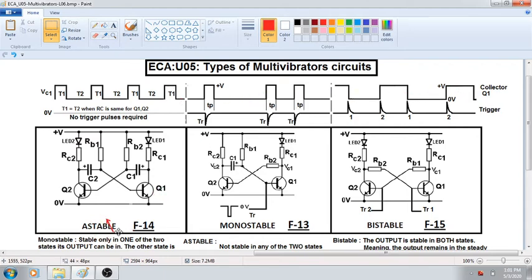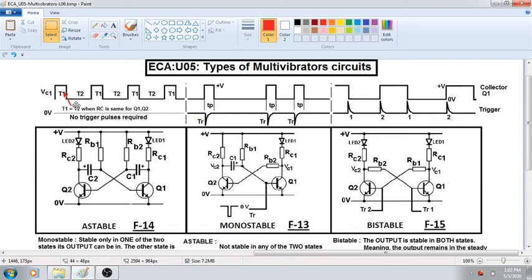Now in the case of astable, as I already told you, the circuit is no different, the same circuit is there. At the collector of Q1, what will happen? You can see here at the collector of Q1, in this waveform, the output will go high for a duration of T1 and it will be low for a duration of T2, and again it will be high for a duration of T1 and low for a duration of T2, like this. So it will be in one state for T1 time, in the other state for T2 time. T1, T2, T1, T2, it does not change at all. T1 is fixed, T2 is fixed for this circuit.